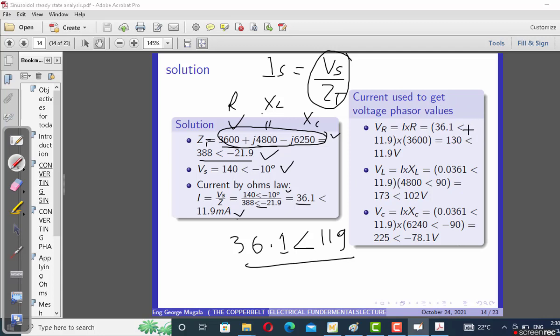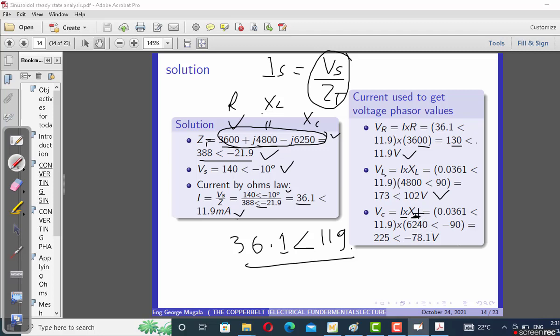And if we have to find the voltages across, we just know the current is already known and we multiply by the resistance. So for example, here we know that 36.1 divided by 11.9 times 3600, we get 130 as a voltage. Voltage across the inductor is current times XL, so we just need to multiply, and then these are the values that we have. If we get this, we can also calculate current times XC. XC is already known. Where is our XC? Our XC is this one. And if we multiply this times the current,